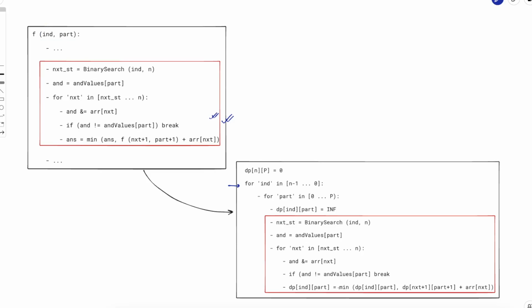This is an exact copy paste. I've not done anything else except I've changed this, replaced this answer with dp of index comma part, right? That's the only thing I have changed here. Now,